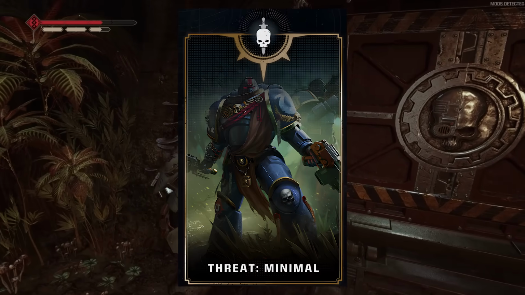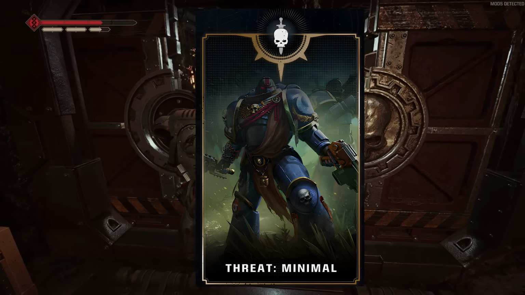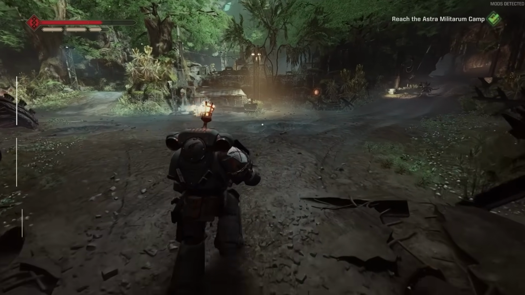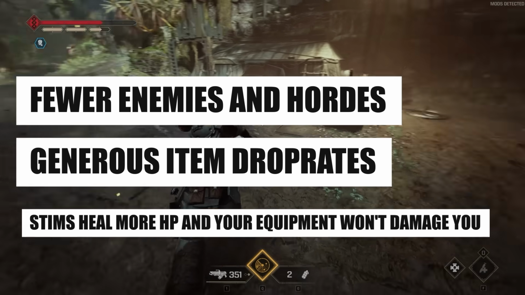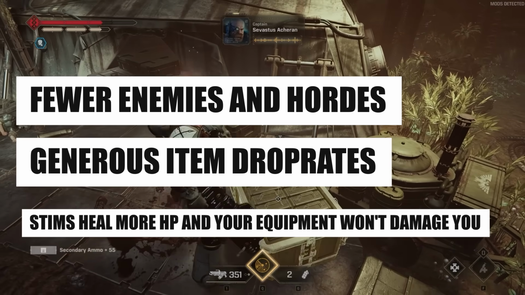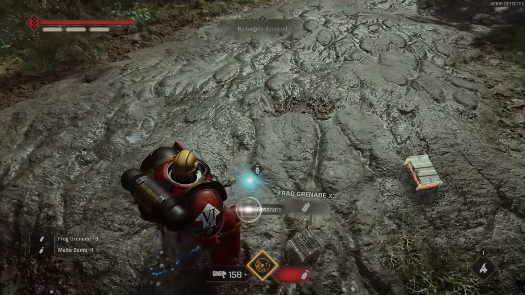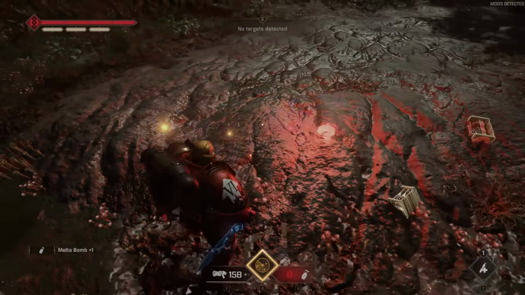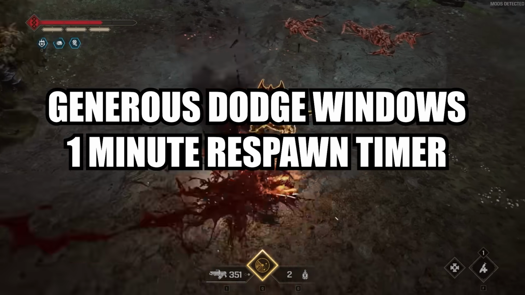The first minimal difficulty is something that most players will barely engage with since it's really only intended for brand new players. This mode has fewer enemies, plenty of equipment drops, and even your stims will heal 50% of your total HP rather than the usual 35%. You also take 0 damage from your own equipment, and you have an increased revive speed on top of requiring 2 downs to get a mortal wound. Your dodge windows are also more generous, and you have a respawn timer of only 1 minute if you actually